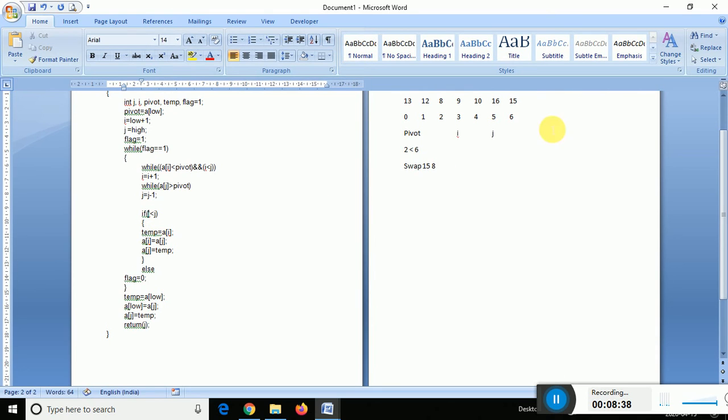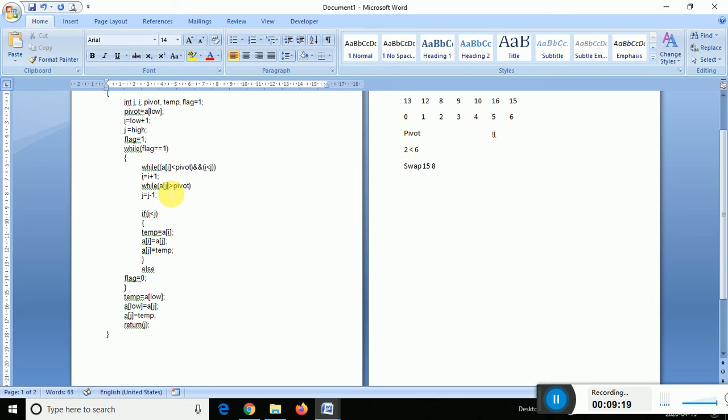First it will check the condition, 3 is less than 5 by I and j, then it will swap it. After this it will go here again, it will check 9 is less than 13, true. Then I will come here, and after that again it will check 10 is less than 13, true. Then I will come here. After that it will check 16 is less than 13, no, it will stop here only.